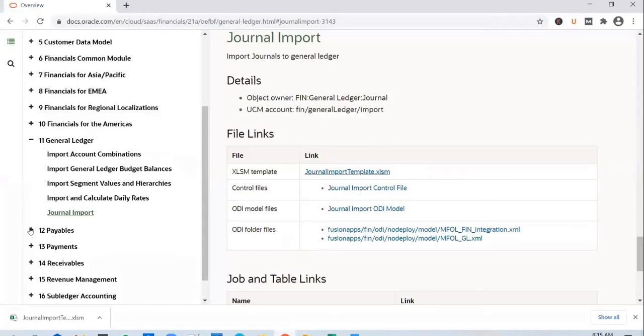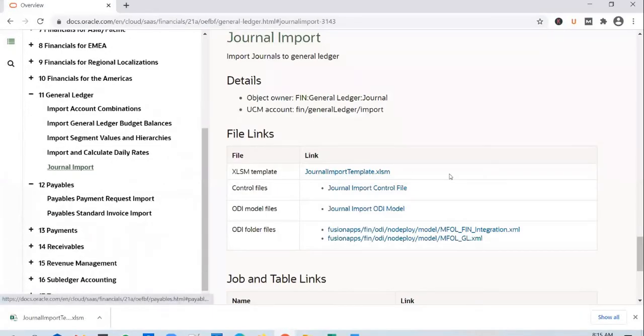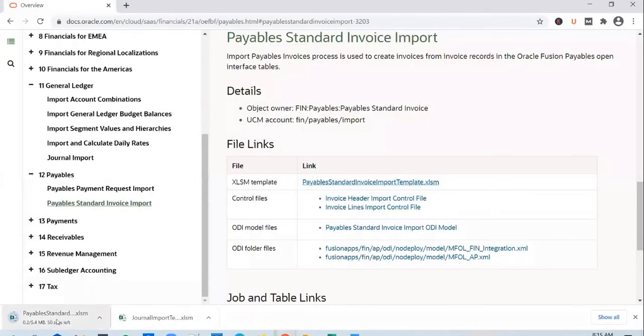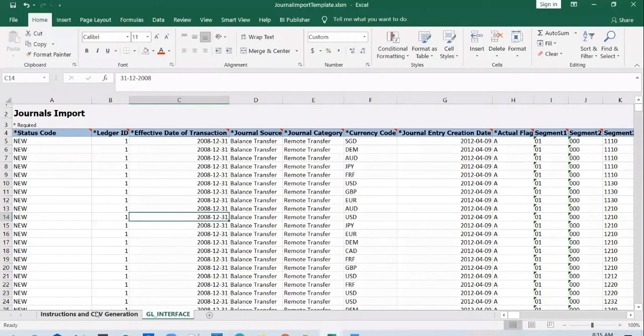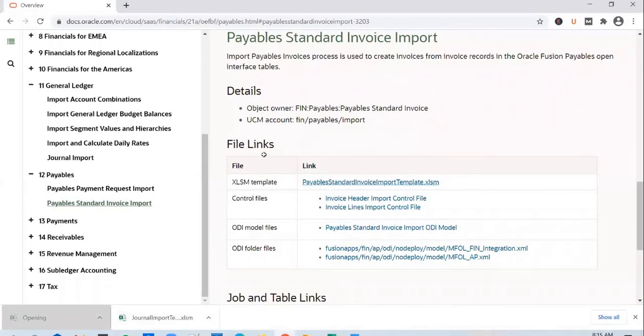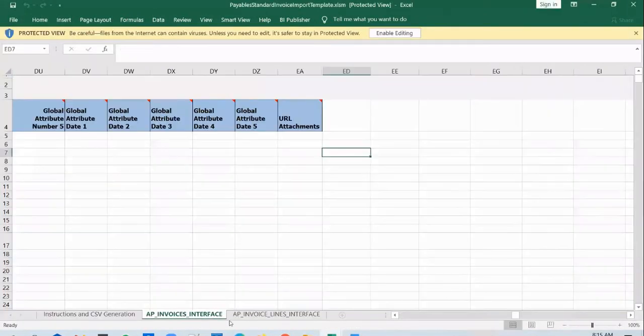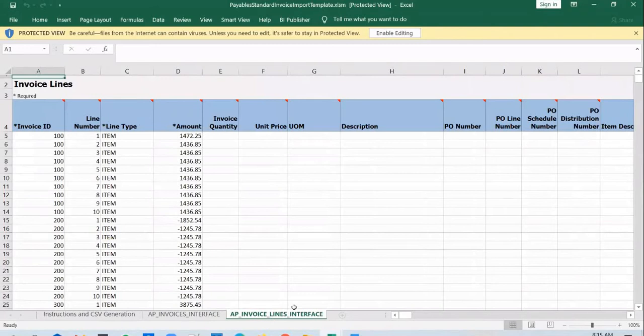But say for example, if you download another template called payables standard invoice import and open it, you will notice that the template also has this common first tab, but there are two tabs in there, because for payables there are two interface tables: AP invoices interface and AP invoice lines interface.